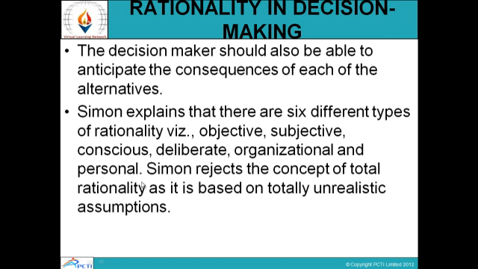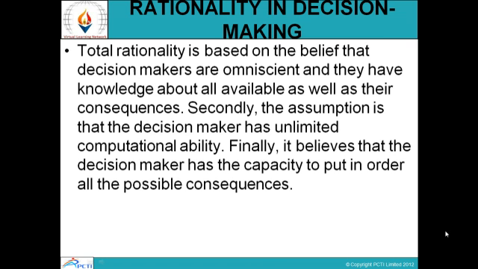That is, the person is considering one objective as a very sincere and serious matter, but the other not. So in that case, yes, this is always a deliberate factor also. So these are the six factors which affect the decision making and bring out the rationalities in the decisions. Now, total rationality is based on the belief that the decision makers are omniscient and they have knowledge about the availabilities as well as